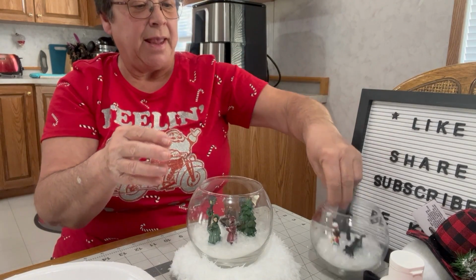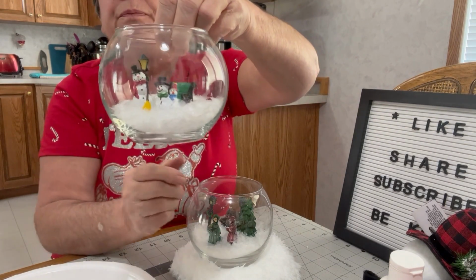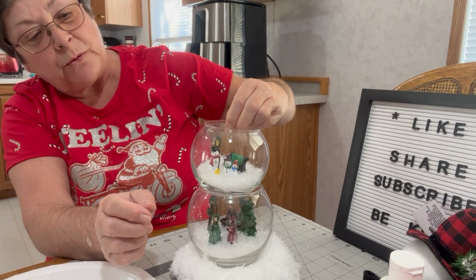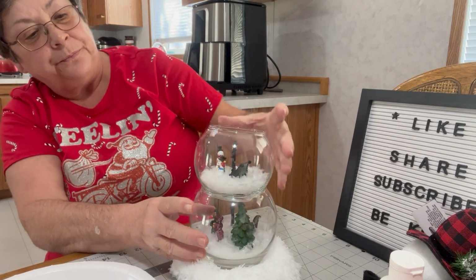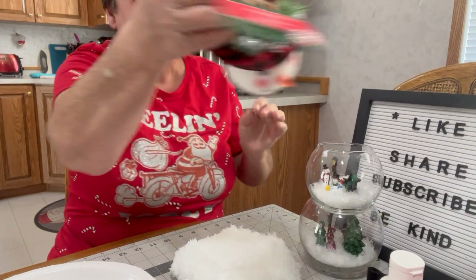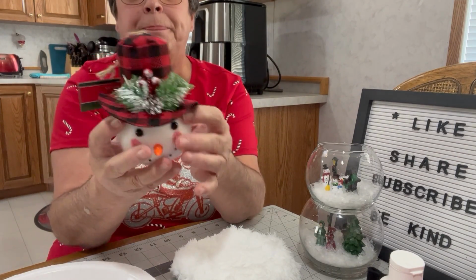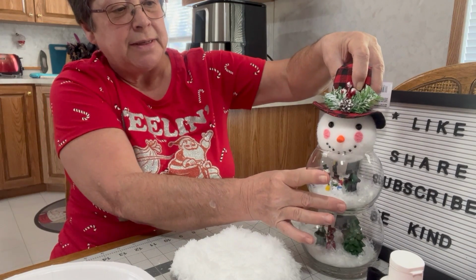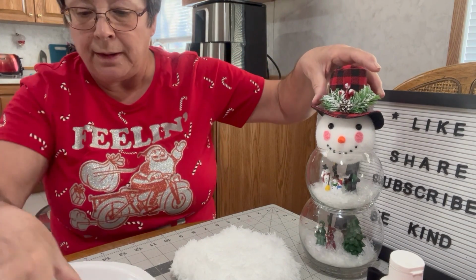So now I went ahead and I did the very same thing to the small one. So now we'll be able to set those one on top of the other, and that will be the makings of our snowman. Now, this little guy, he is too small to sit in there. So